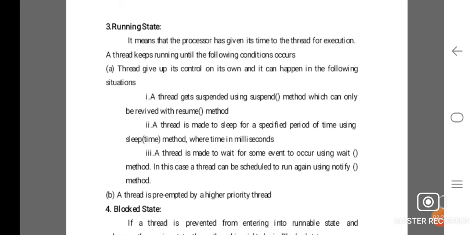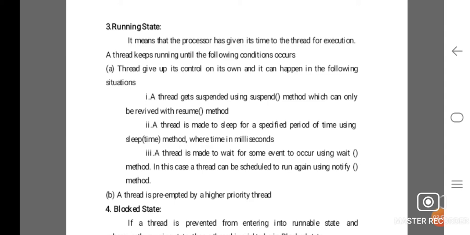Third, running state. It means that the processor has given its time to the thread for execution. A thread keeps running until the following conditions occur. First, the thread gives up its control on its own, and it can happen in the following situations. One, a thread gets suspended using the suspend method, which can only be revived with the resume method.